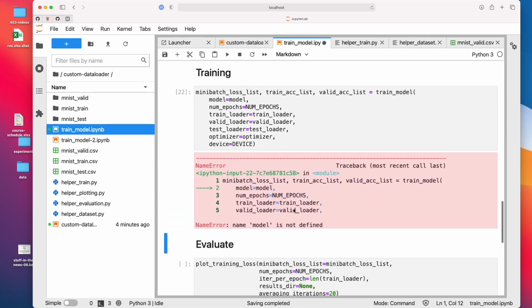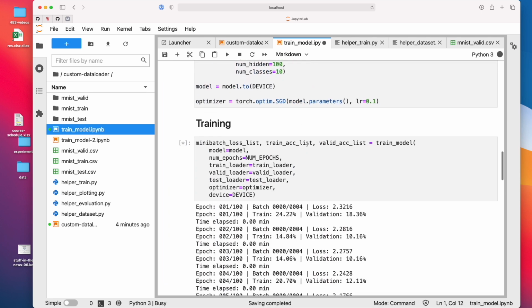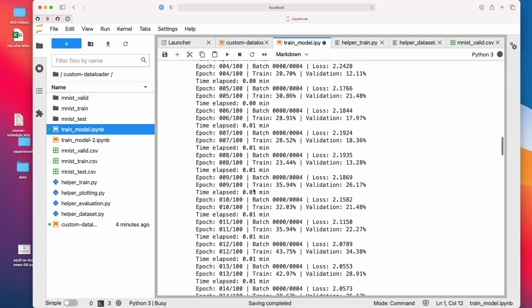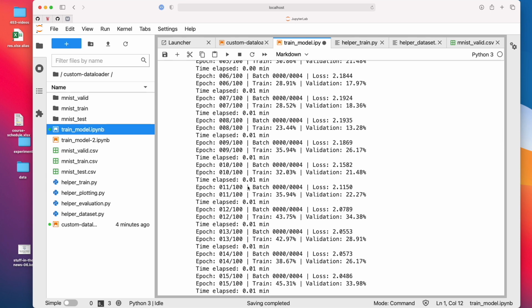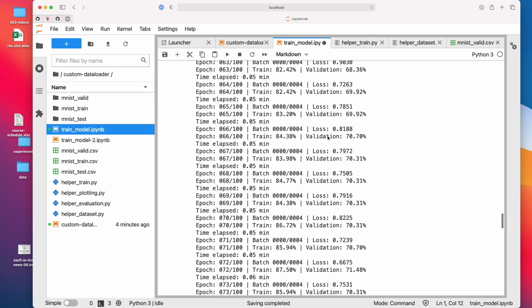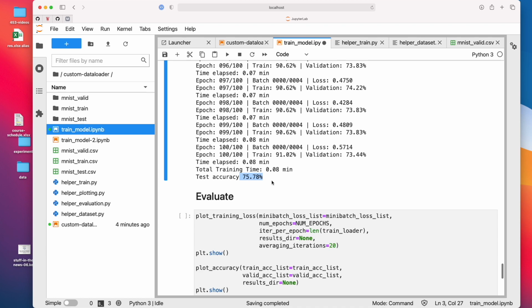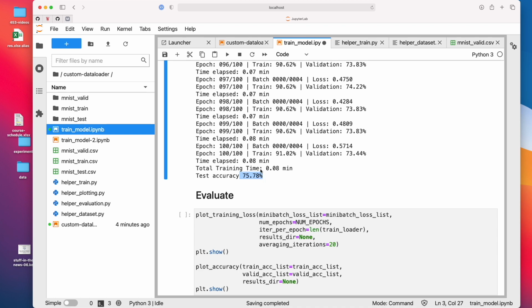Oops, what do we got here? Yep, that's what I always forget, defining things. All right, so it trains. It will train very fast actually, because we only have 256 data points in each data set. Yep, it is training fast. Yeah, we get actually pretty high accuracy. Given that we only have 256 images, it's also barely overfitting. It's actually not even, you can see it's 91% and 73%. It is overfitting. But yeah, the validation accuracy and test accuracy are almost identical.